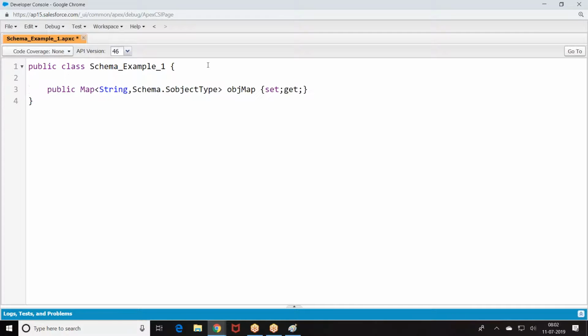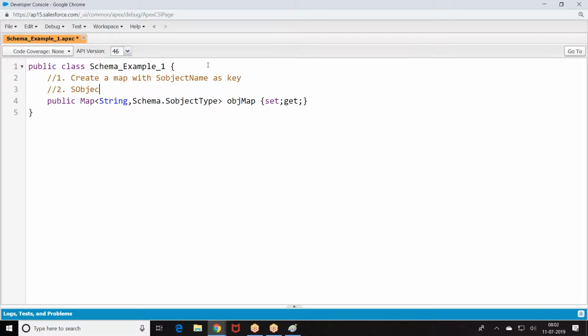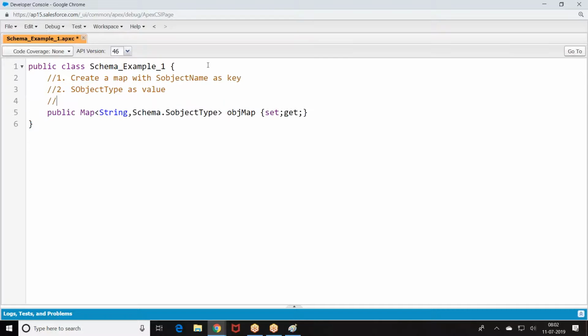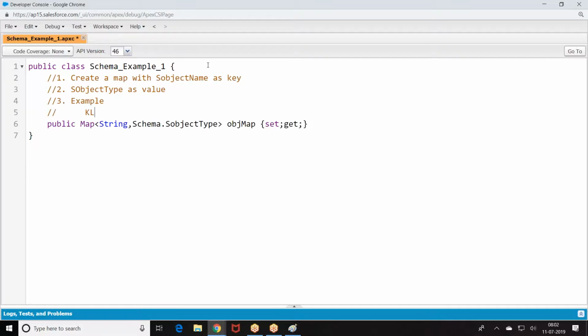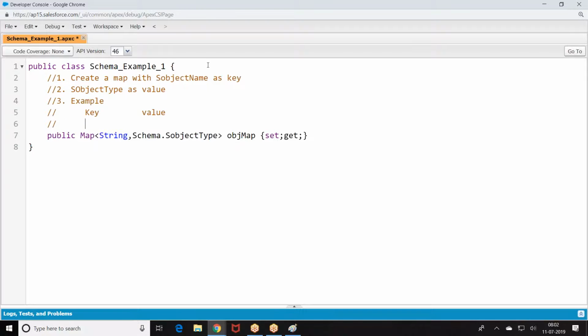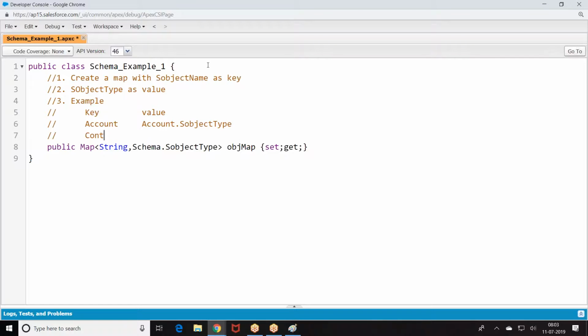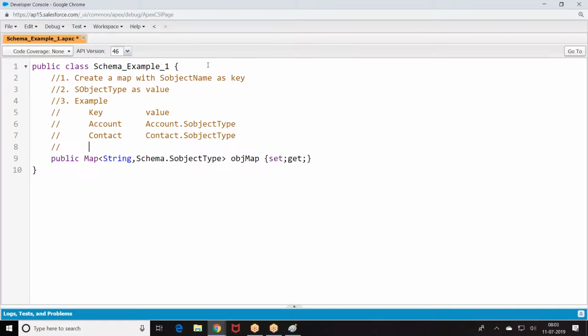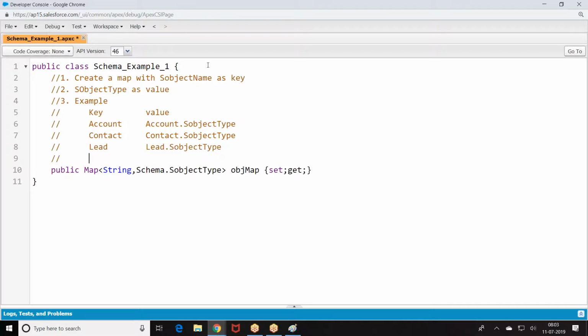I'm going to create a map with object name. Example. This is how we got it.